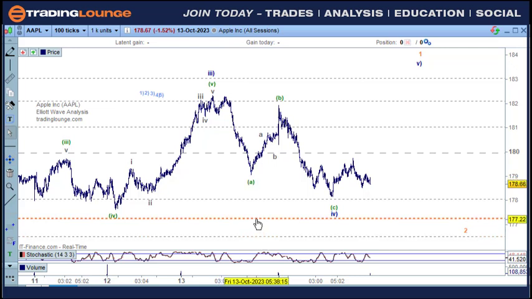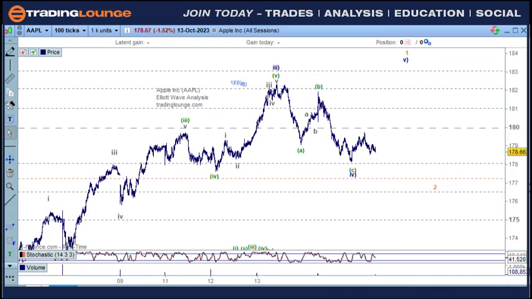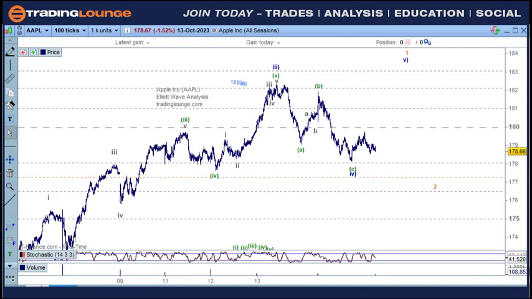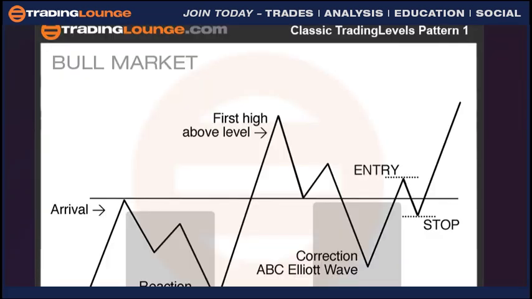Anyway, with this here, what we've been looking at is the 180 here, and then we've got group 1 above and group 2 below. So we were looking at a classic trading levels pattern here. We're looking for the arrival, the reaction, and then the first high above the level, and then the ABC. Well, this is what we've got over here. So if, in the next session or 2 sessions, and they don't always play out, the setup completes and we get over here, this is where we can look to